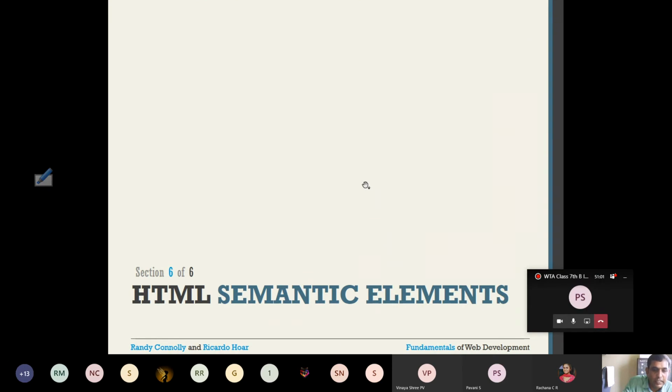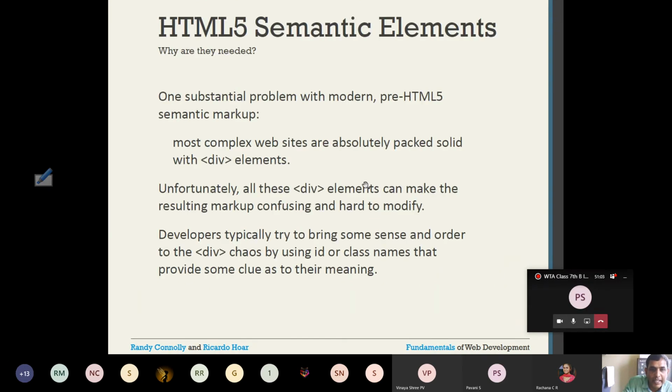Then next, coming to HTML semantic elements. So far we discussed that HTML5 is different from earlier versions of HTML and XHTML. The most important thing added in HTML5 is semantic elements.